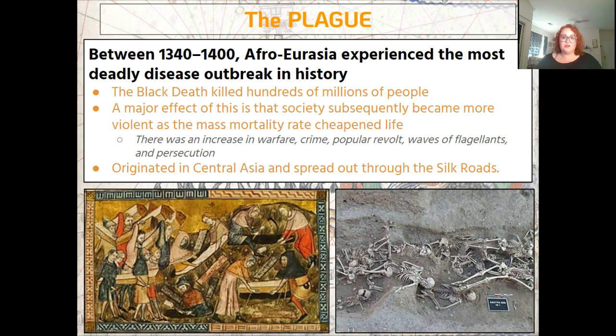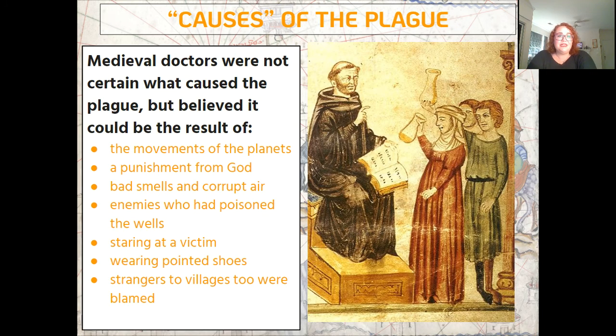And a major effect of this is that society subsequently became more violent as the mass mortality rate cheapened life. You saw an increase of warfare, crime, you saw revolts, waves of flagellance, and also persecution. And this disease, as we know, originated in Central Asia. It was spread throughout the Silk Road by Mongols. And it was also spread when